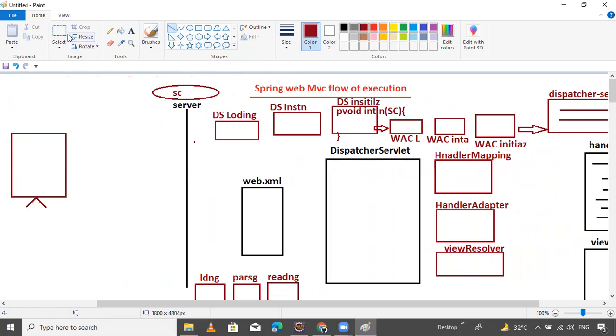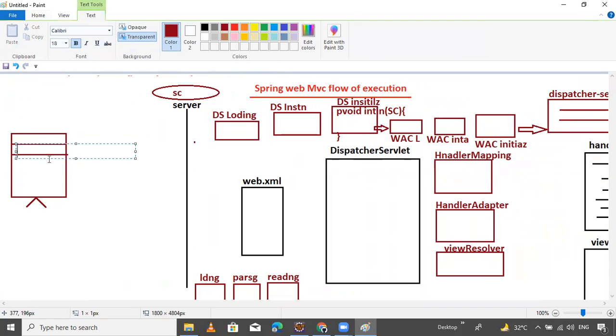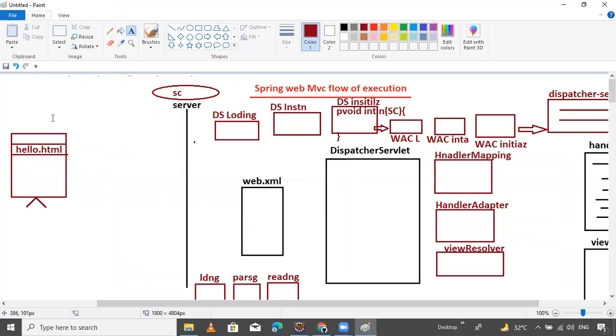Here is the URL, passing the URL, suppose something like hello.stm, provide the URL, HTML, JSP, whatever you want. So this is the URL.